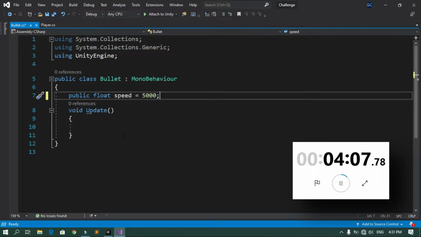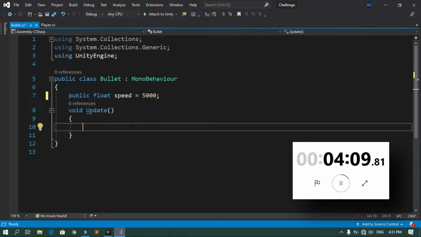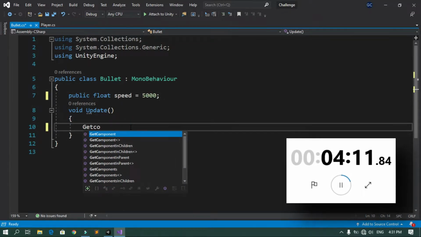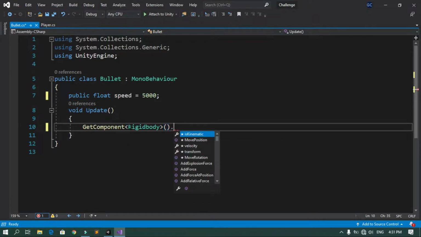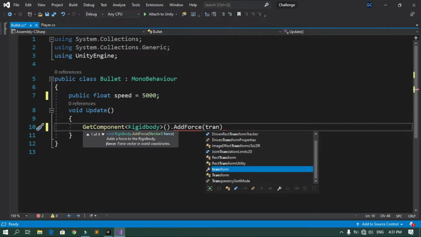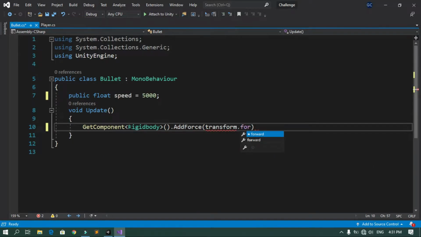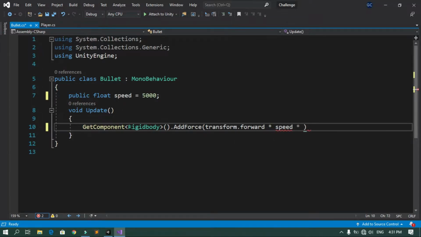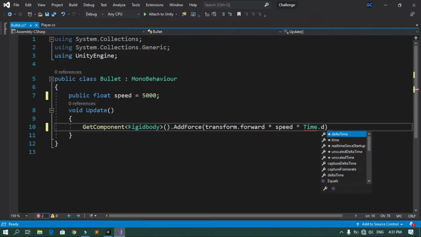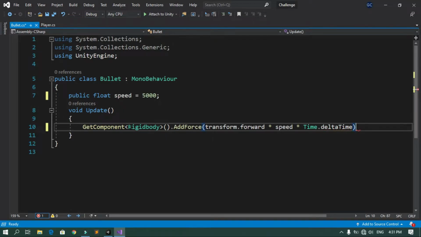Then in the Update method, we are going to access a Rigidbody component. So we are going to move the bullet using GetComponent Rigidbody, and let's use the method AddForce. And for the force, we are going to use transform.forward, and let's multiply this by the speed and also by Time.deltaTime. Now if we save this and go back into Unity,